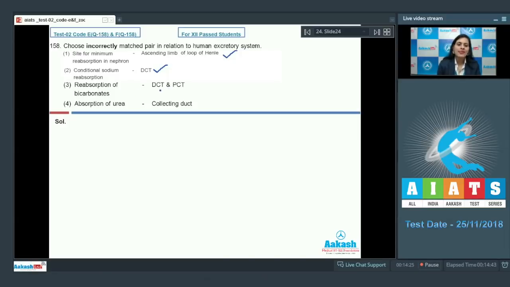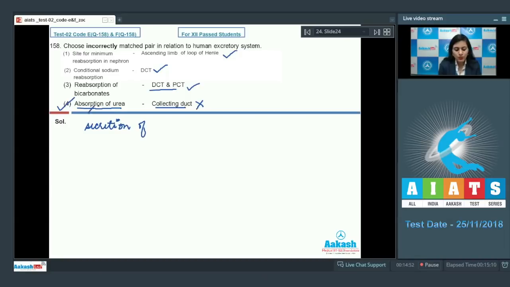The next option given is reabsorption of bicarbonates, and the site given is DCT and PCT, and this is also a correct option because reabsorption of bicarbonates occurs in distal convoluted tubules as well as in proximal convoluted tubules. Our last option given is absorption of urea, and the site given is collecting duct, and this is an incorrect option and is a correct answer to our question because it is the secretion of urea